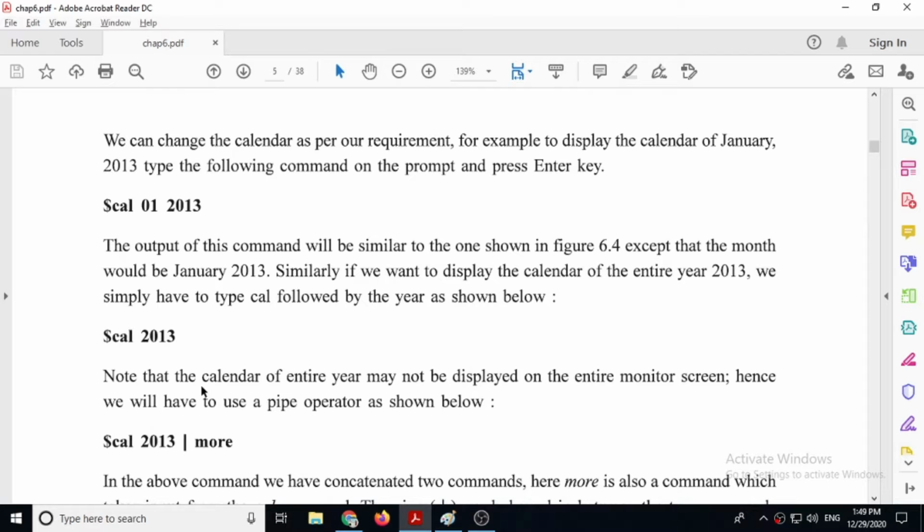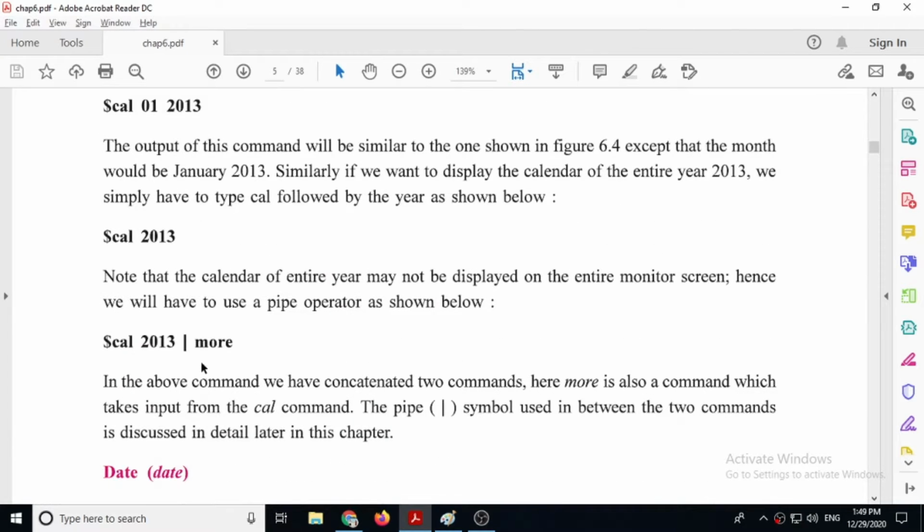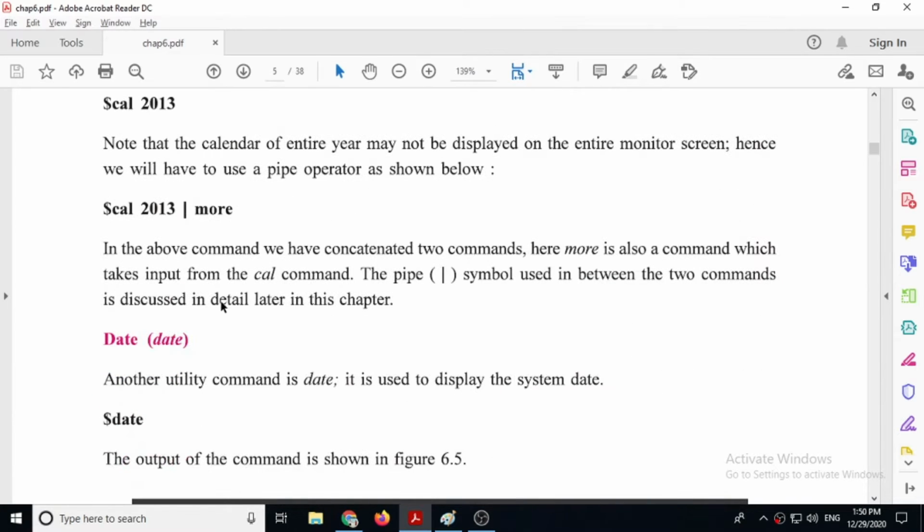If you want to display the information page wise, then you can use the more command with the cal command. Just if you give cal and then year number, then it will show all the months detail of that particular year. But if you want to see page wise, then you can use the more command. So we have seen up to this.